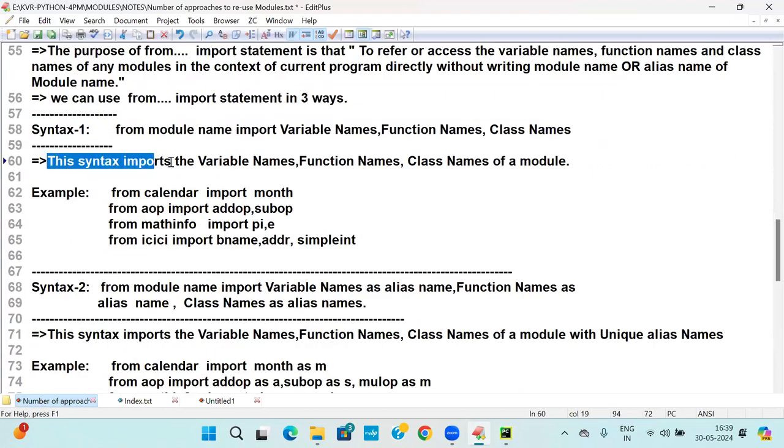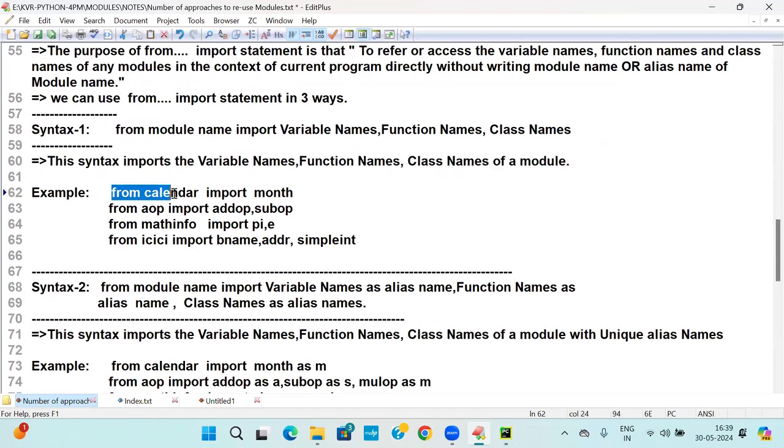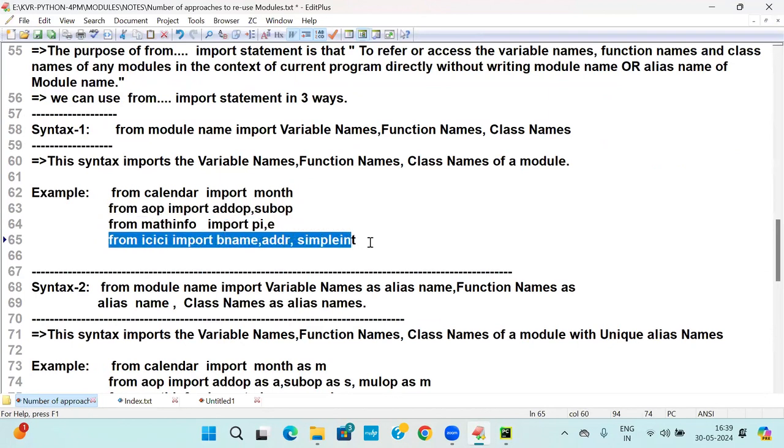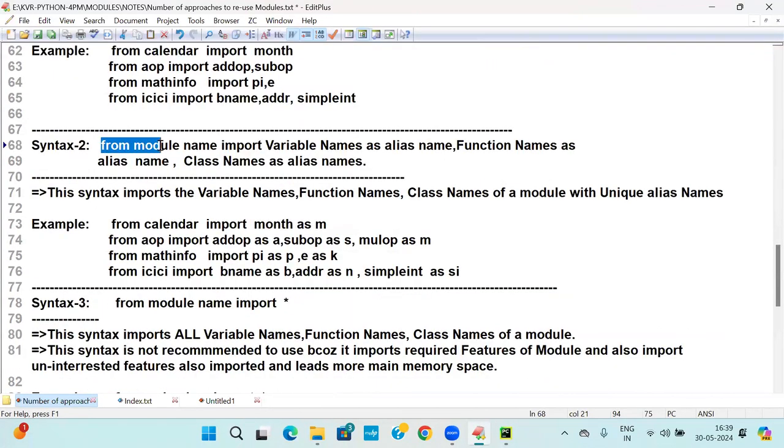This syntax imports the variable names, function names, class names of a module. From calendar, import month. From AOP, import ADDOP, SubOP. From mathsinfo, import PI and E. From ICICI, import bname, ADDR, simple INT. Getting? So, next syntax: from module name, import global variable names as alias name, function name as alias name,